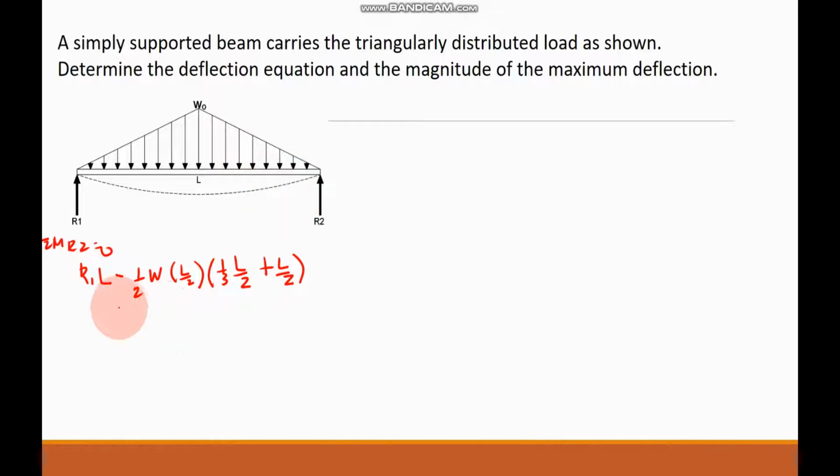Next triangle, minus 1/2 of W multiplied by L all over 2. Moment arm is 2/3 of L all over 2, is equal to 0. Therefore, so simplify natin yan. So we have R1L minus 1/4